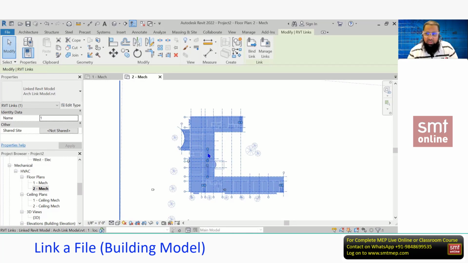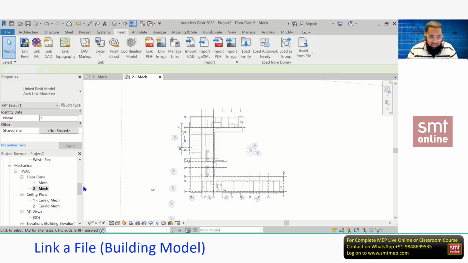And the second and the major advantage is, you see, in actual practice, if you're dealing with a big project at the time of design stage, you'll find n number of changes from the architectural or structure side also at the time of design. So if any change, for example, if you directly open this and use it to add the services, and if the architect or the structure people open this project and do any changes, you'll not get the information. But if you use it as a link, you'll get the information. It's going to update. Okay.